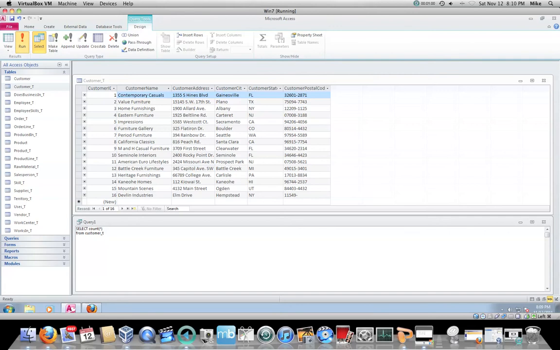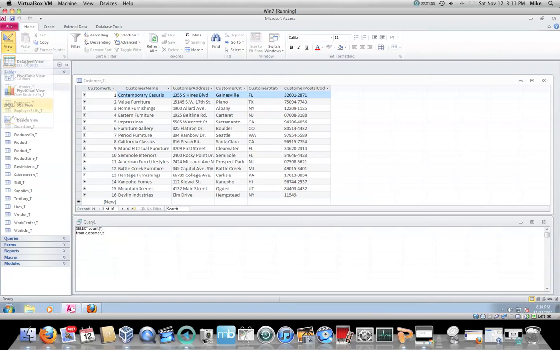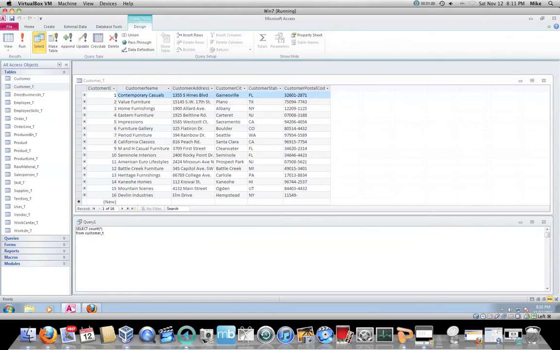All right, if I do that, I get what's known as a scalar aggregate, right? A one record aggregate value, which basically tells me this is the count of all the records in this table. I can combine aggregate functions actually. I can go back to SQL View, and I could also use averages. This isn't going to make a lot of sense in this case, but I can take the average of customer ID,